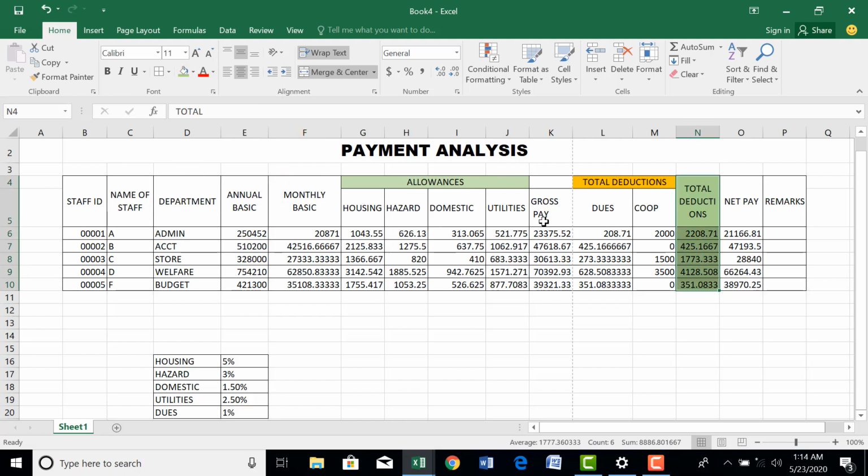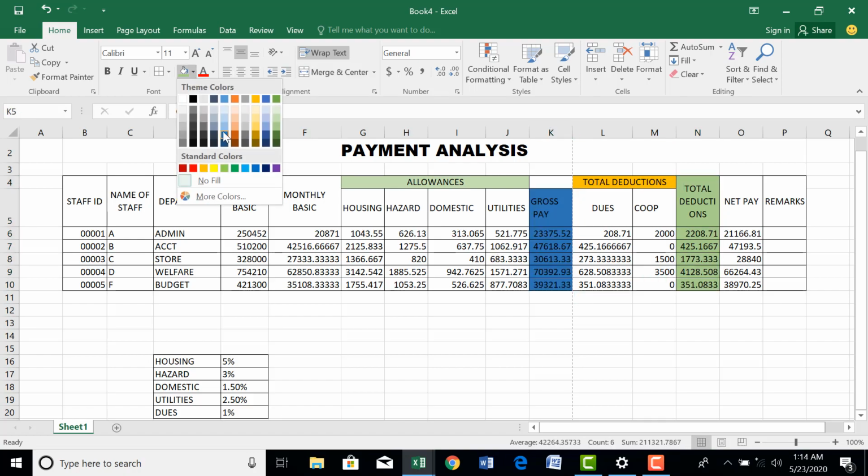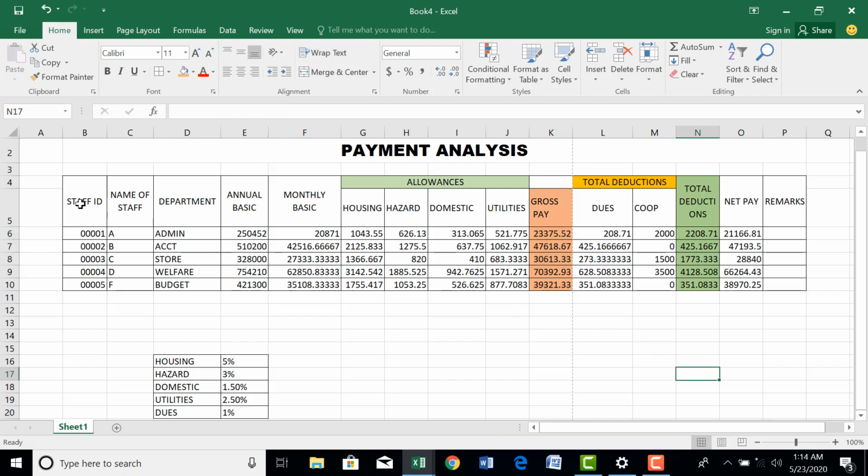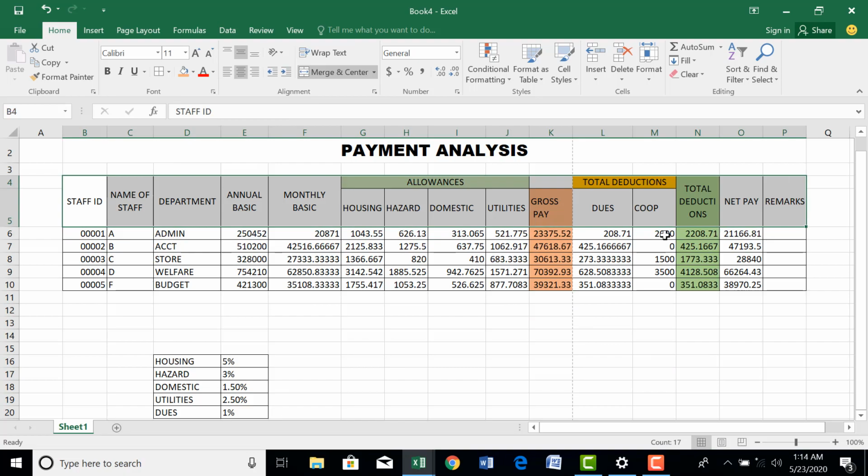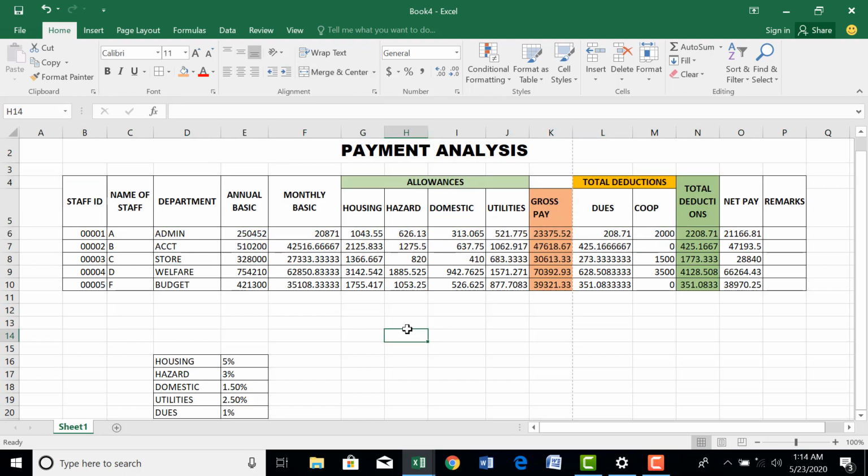This is how we want our deductions to be. And here we have the gross pay. If you want it that way, then you bold everything we have here. So automation is very good, or is key to Excel, because it will really help you